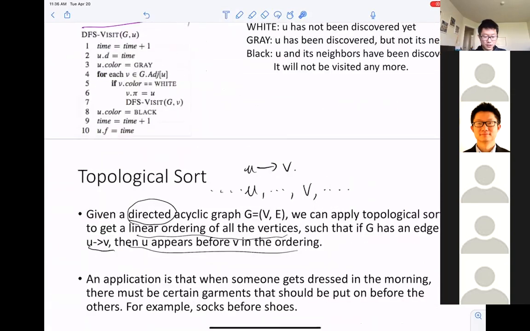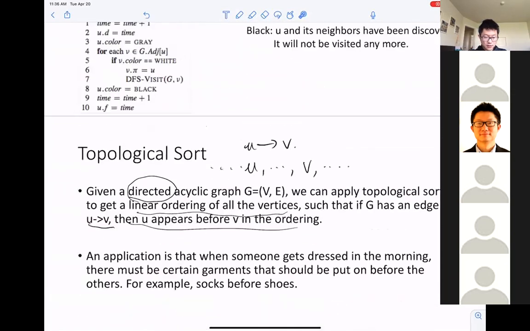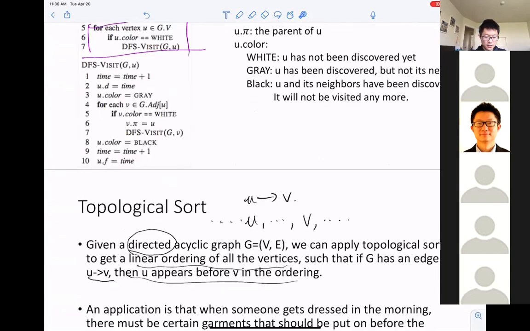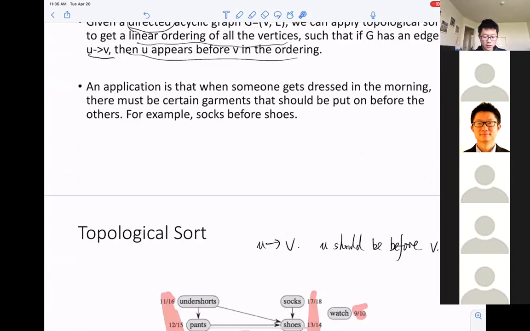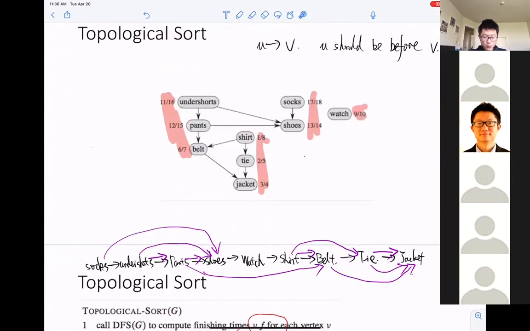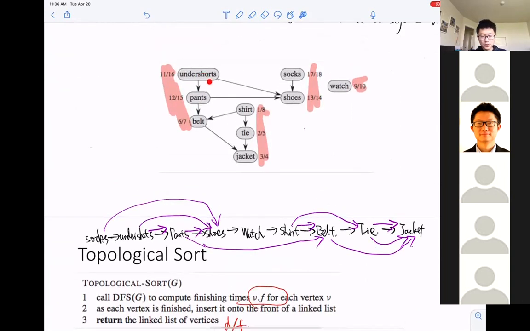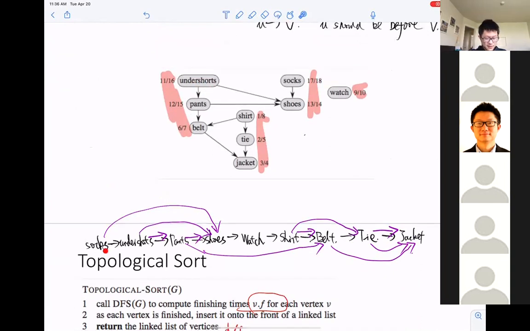But if we switch the order of undershorts and socks, then we could possibly get a situation where we need to put on undershorts before socks. Even though in this way it looks a little bit weird, so we put on socks before undershorts, this is totally fine because you are not